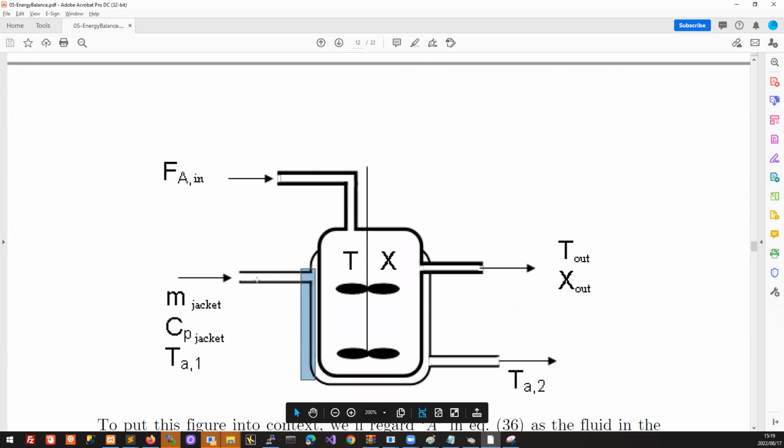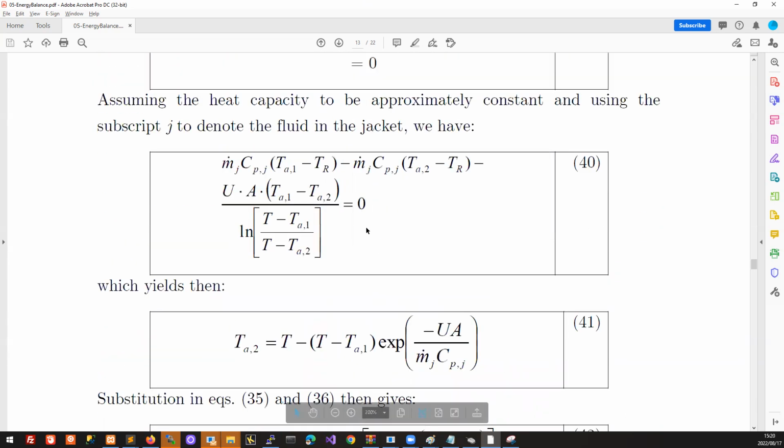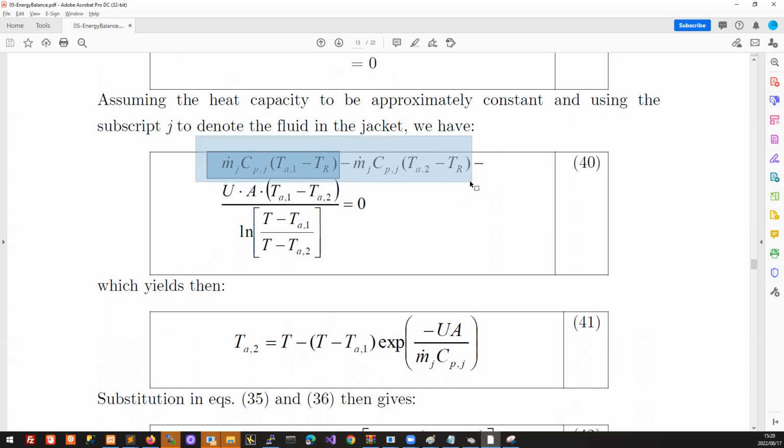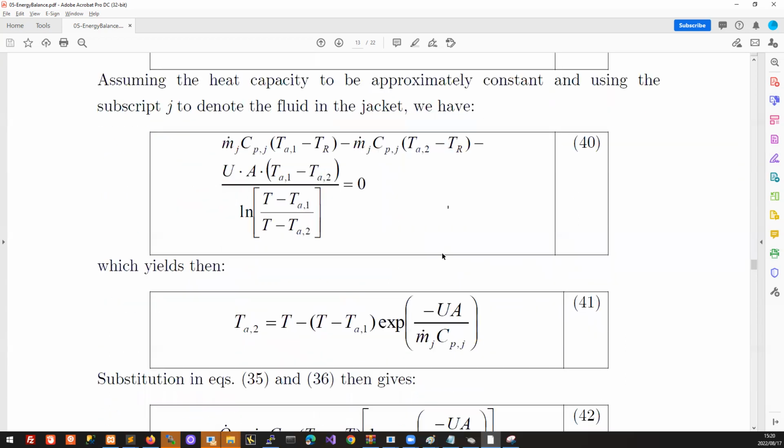So you can say there's a certain enthalpy flow into the jacket. There's a certain enthalpy flow out of the jacket. And so we are writing a balance just on the jacket itself over here. So this is the temperature at the inlet point of the jacket and at the exit. So here's your flow of energy, m Cp delta T, jacket in and jacket out. And then between those points, the jacket is exchanging heat with the reactor itself. There's your log mean temperature difference, UA. So if you look at all this,